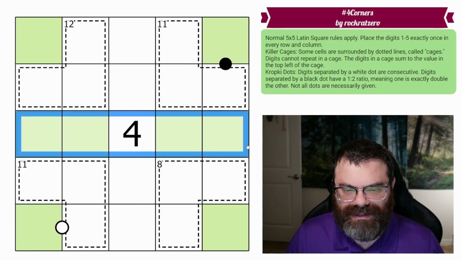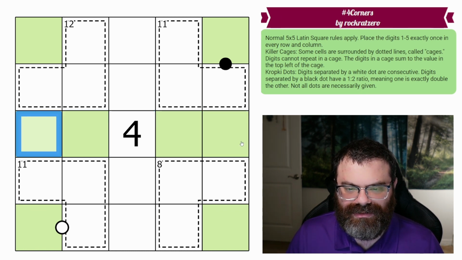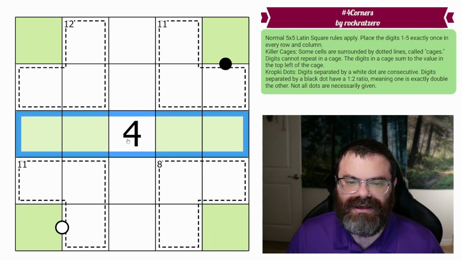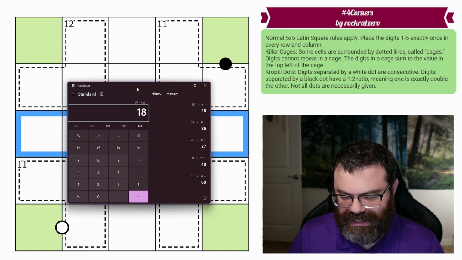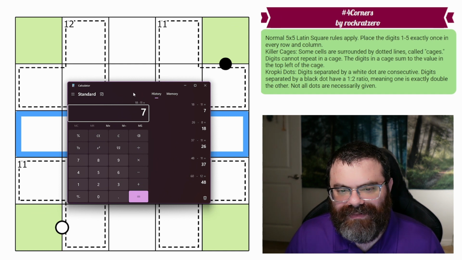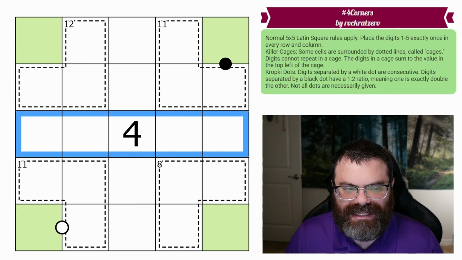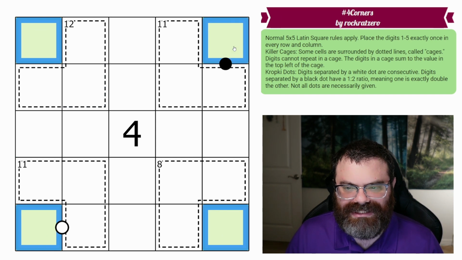Now what can I tell you about this? Well, we know the sum of these because this given 4 is here. And so the entire row is 15, but they're missing the 4. So the entire row, if I remove these greens, will sum to 15 minus 4, which is 11. So we can subtract 11 from this. And that leaves 7. That means that these 4 green cells here that are remaining have to sum to 7,